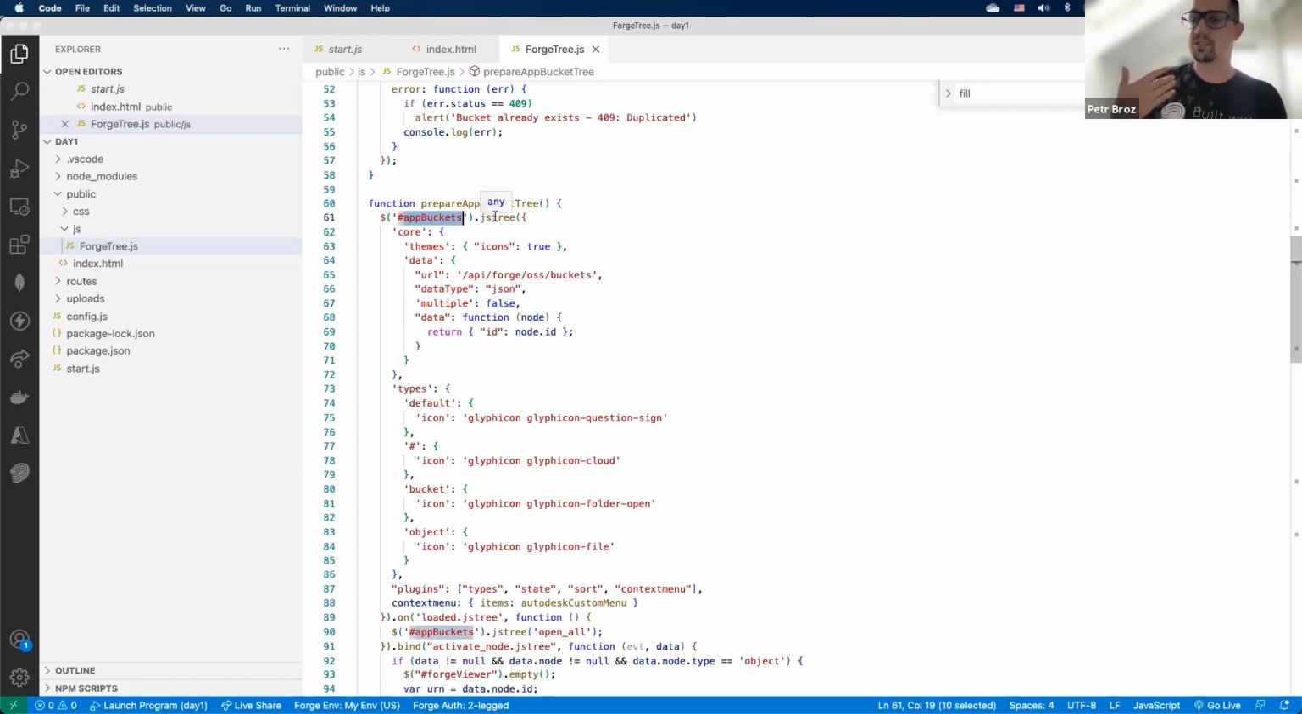So JS tree has its own set of options. You can find it online. You can specify some theme information, some icons that should be used depending on the type of node in the tree, right? So for example, for buckets or for objects, we're using slightly different glyph icons. But the really important part here is the data property, the data object here. So we're basically asking the tree view to populate, to generate the tree view depending on any results it gets from this URL,